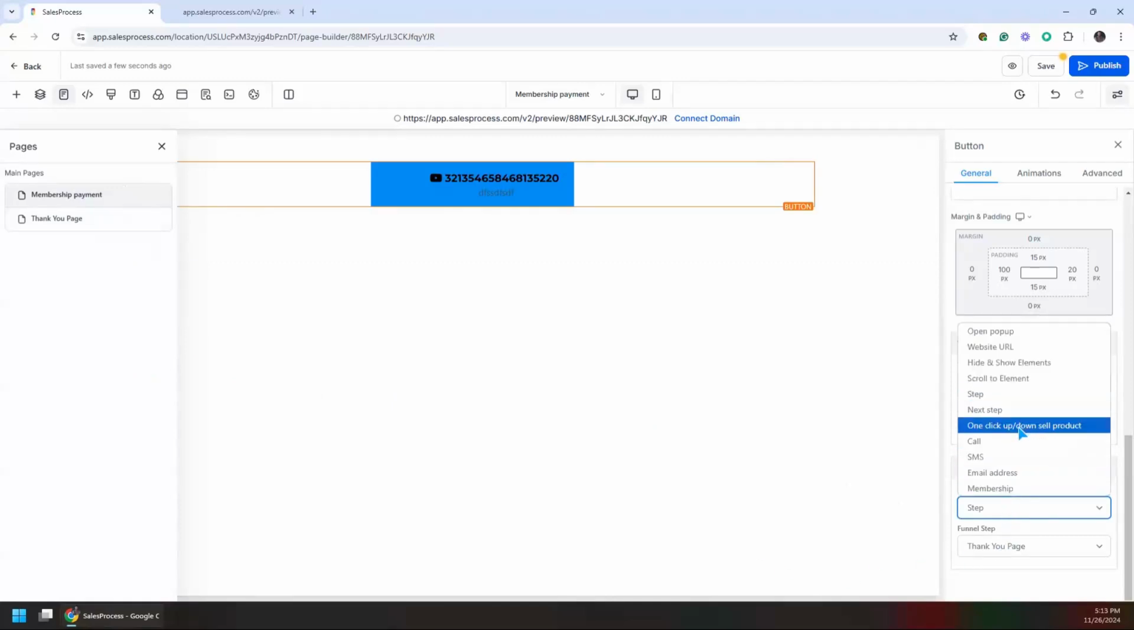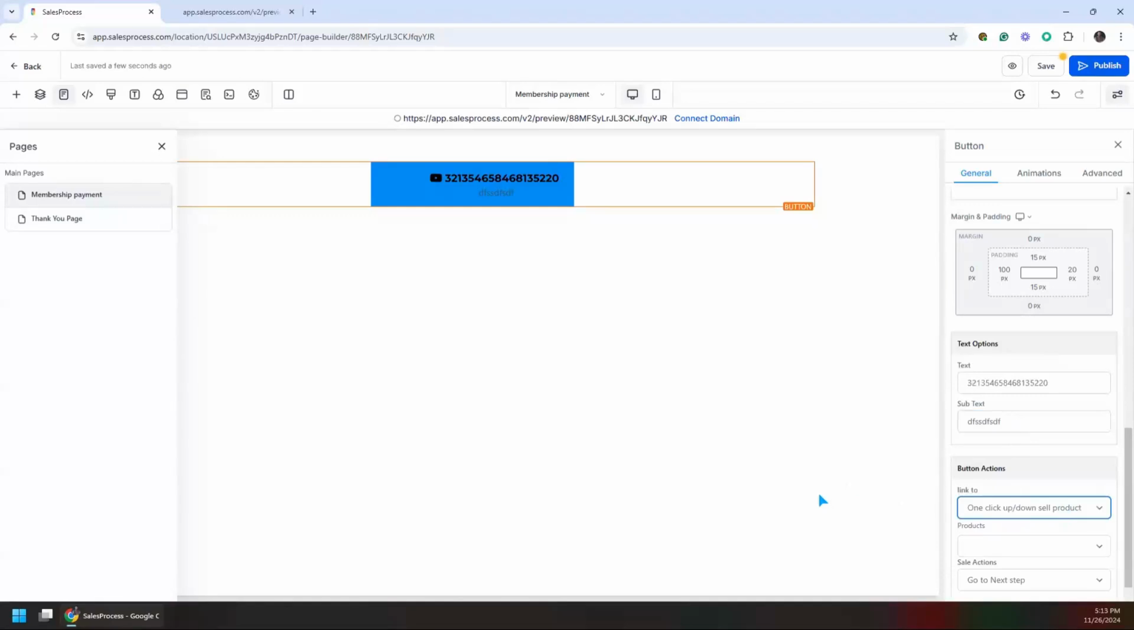Okay, the next is one-click upsell and downsell product. You're quite familiar with what an upsell product is. That is the main product that we want to sell. And the downsell product is kind of cheaper, but you want to bundle it with your main product. So if you want that to happen, because the upsell product is already purchased, when you click on this button, what will happen? It will capture their sales detail and automatically add that,